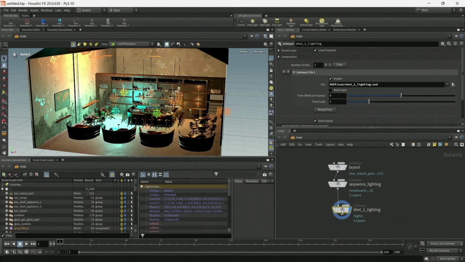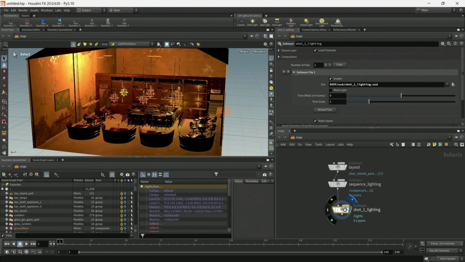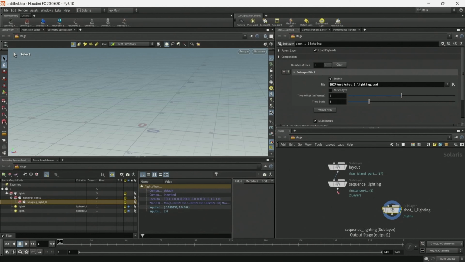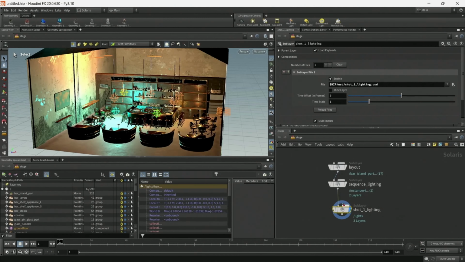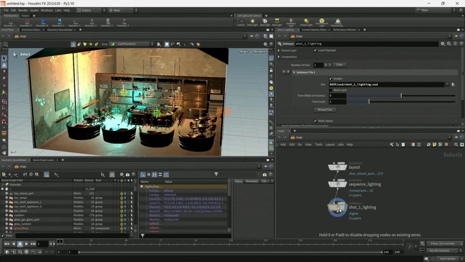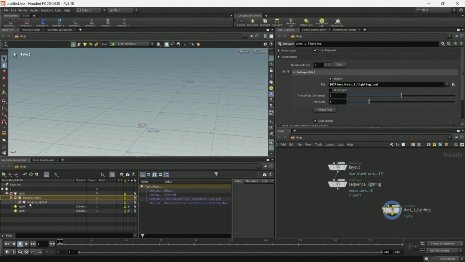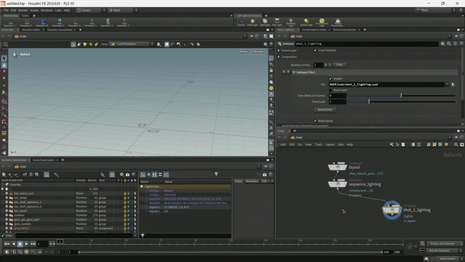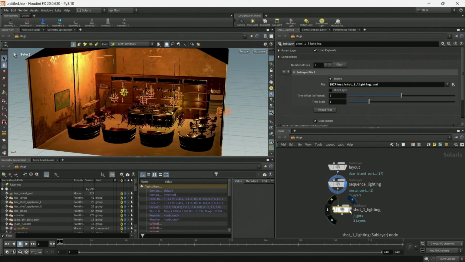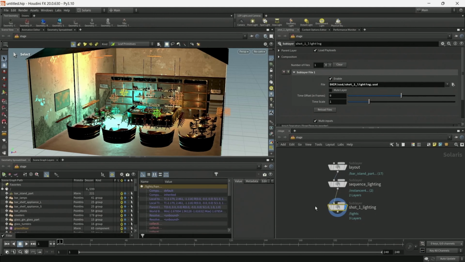So you could have a modeling department that creates assets. For each of those assets, you could have somebody in the look dev department creating materials. Again, those materials would live in their own USD file that would be laid over top of the modeling assets.